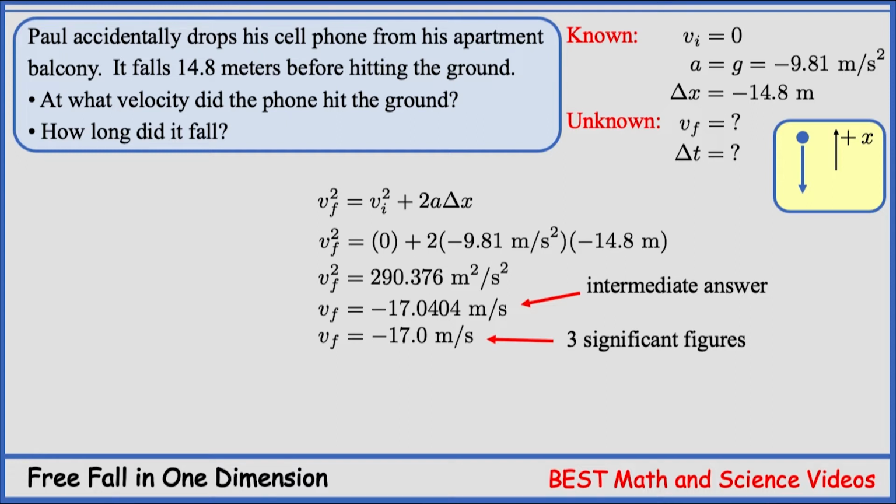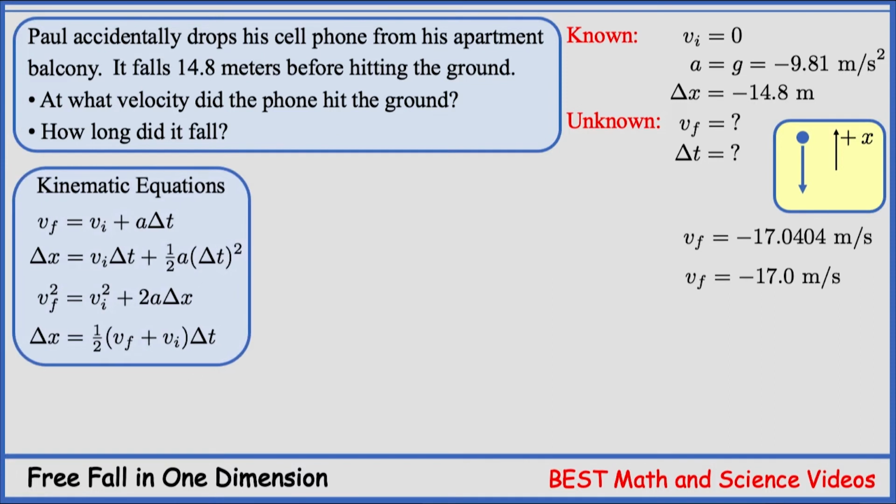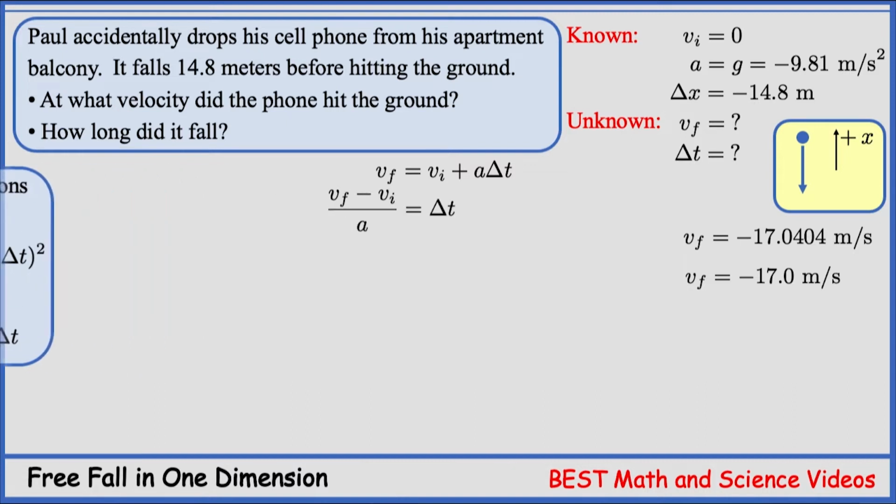Okay, so now let's answer the second question. How long did the cell phone fall? And again, let's look at the kinematic equations. For this question, we need an equation in which time is the only unknown, so we can use the first equation. We know the final velocity, the initial velocity, and the acceleration. So let's do the calculation. First, we need to rearrange the equation to isolate delta t, and then switch the sides so that delta t is on the left. I want to pause here to show you